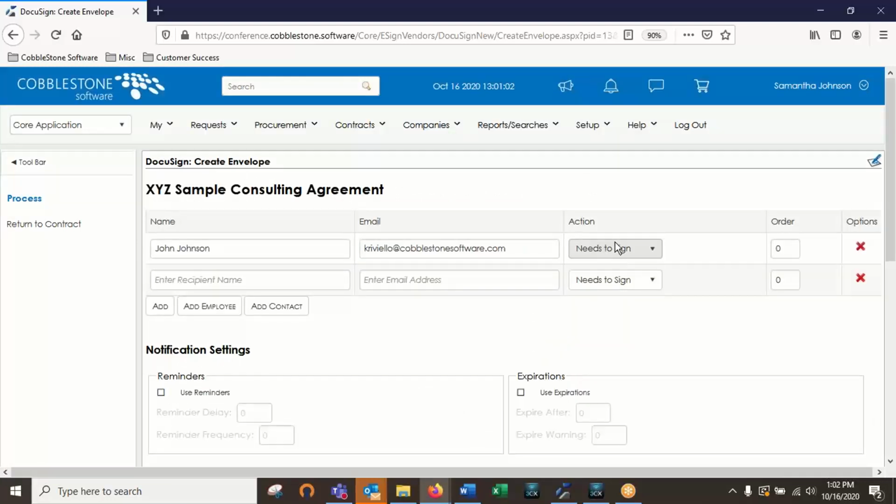And then we can also assign a particular action for each of our recipients of this envelope. So whether they need to sign, receive a copy, or need to view, we can easily assign that action, as well as the particular order that this needs to be signed in. So again, we can assign an order, or if everybody can sign in any order, whoever gets to it first, we can keep these as 0